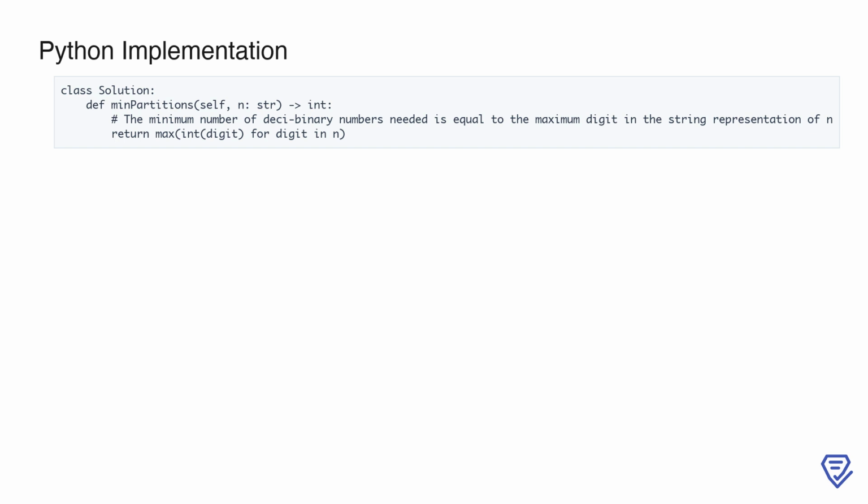3. The code iterates through each character, digit, in the string n, converts it to an integer, and finds the maximum value among these digits using the max function. This gives the result directly. 4. The function returns the maximum digit, which is the answer to the problem. This implementation has a time complexity of O(k), where k is the number of digits in the string n. It is efficient and handles all edge cases, such as strings with only one digit or strings with all identical